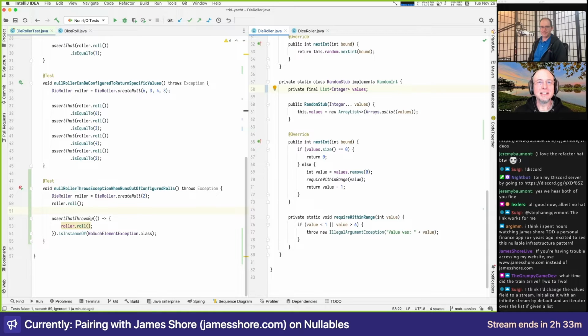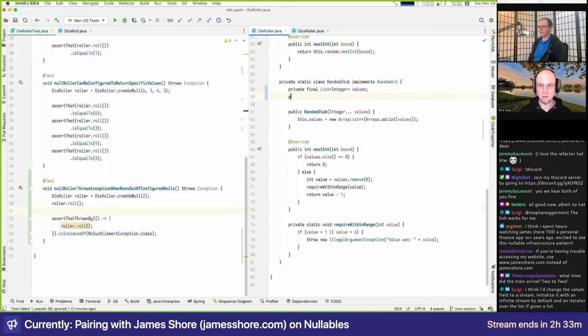Let's see, change the values field to a stream. Initialize it with an infinite stream by default. Infinite stream. Boy, I haven't done infinite streams, so if you have the code snippet for that, please share it. But we'll do